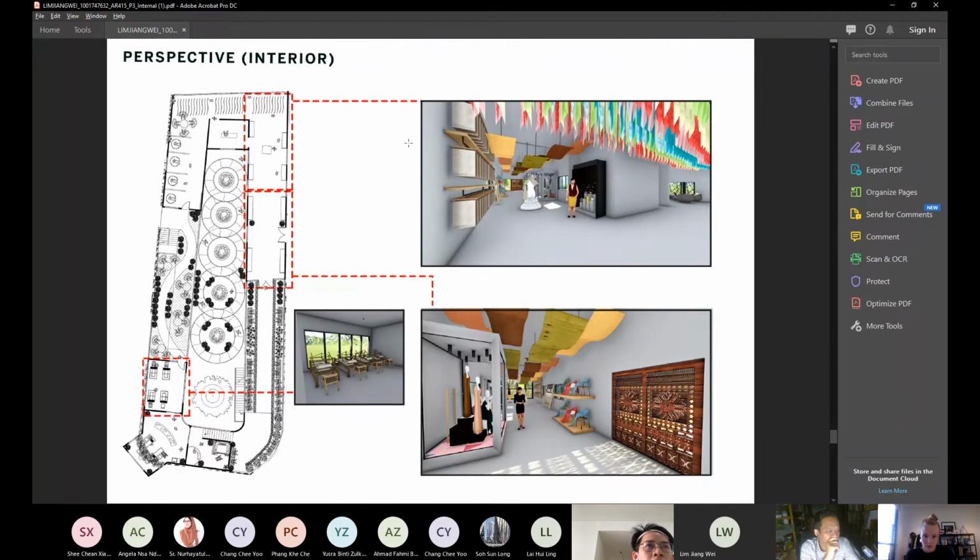Also, this is my interior render. It shows every different product of this town, like cloth and so on. This part is the workshop, asking the local craftsmen to teach how to use this to create the textile.